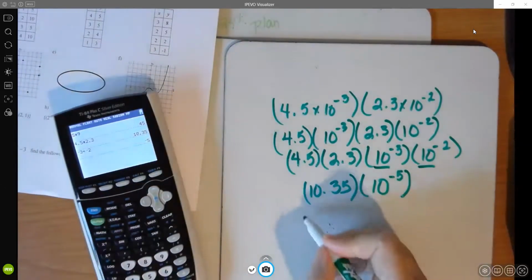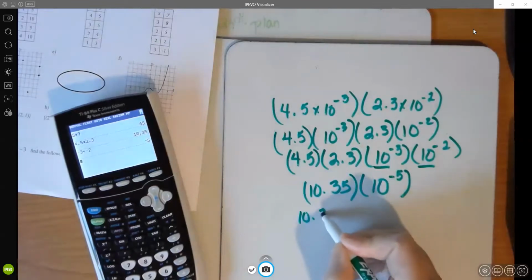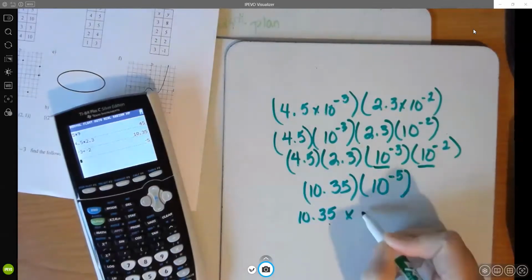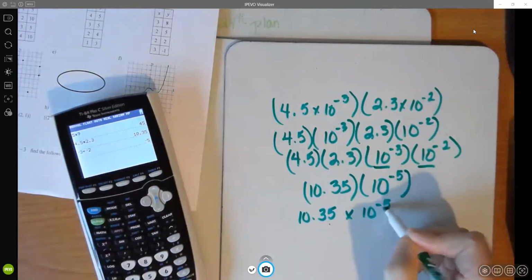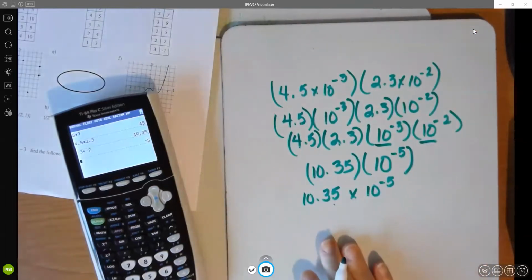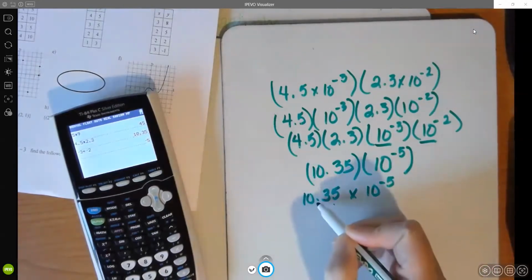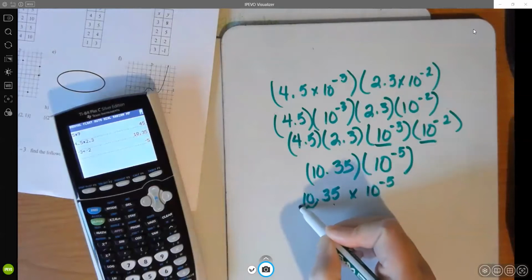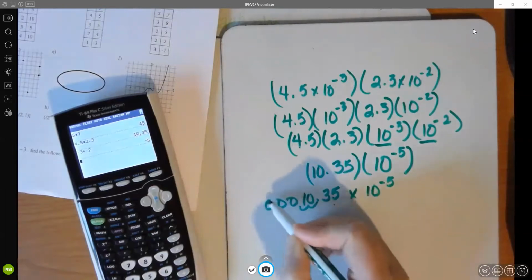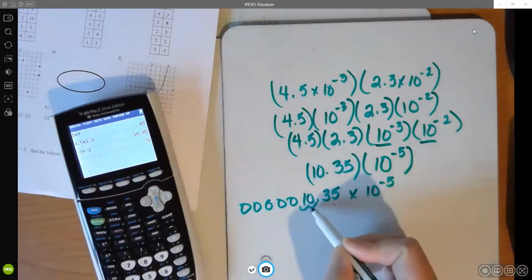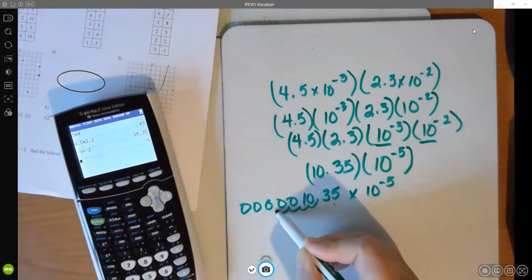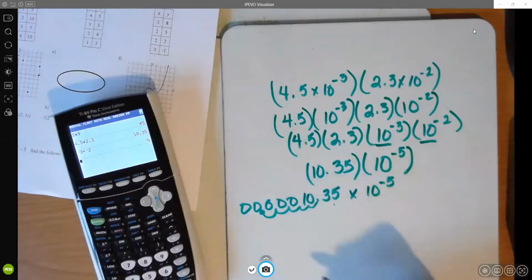Now the problem is that this is not in correct scientific notation, so I'm going to write it as a number first in normal number form and then change it back into scientific notation. That negative 5 says move it 5 places to the left, so that's 1, 2, and I'm going to need some zeros, so I'm going to add some zeros here. So that's 1, 2, 3, 4, 5, and I added too many zeros, but I did that on purpose. And so I get